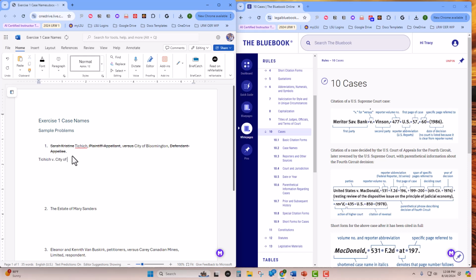In this exercise, because we don't have full citations, we just have a part of a citation. We're not going to put a period at the end of it. But for a case name, we are going to italicize it. Now, you'll notice here in the white pages, they're not italicized. But if you go to the blue pages,